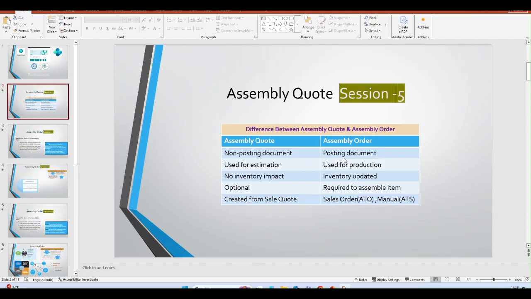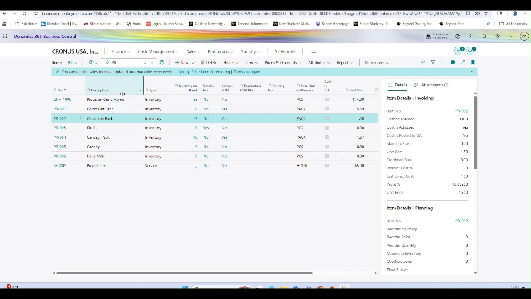So let's see how it works in Business Central. We are in Business Central. Currently I have opened the item list, and you can see that I have already created some items.